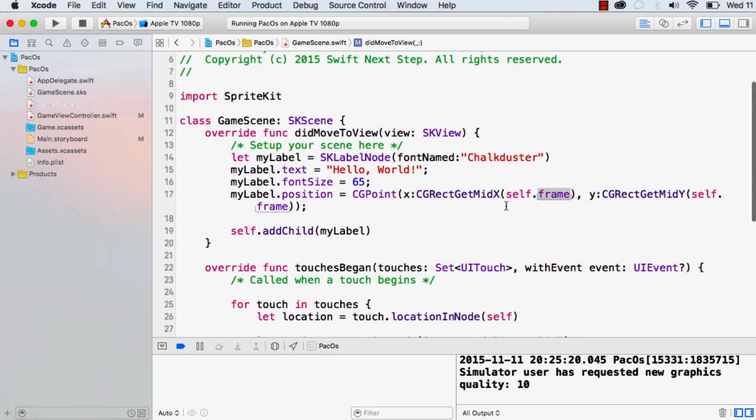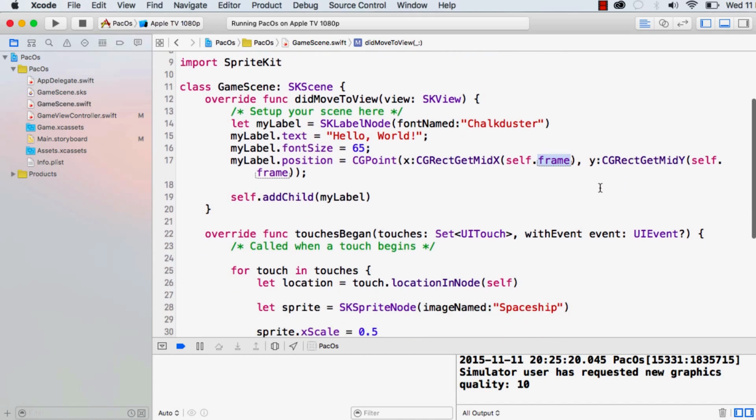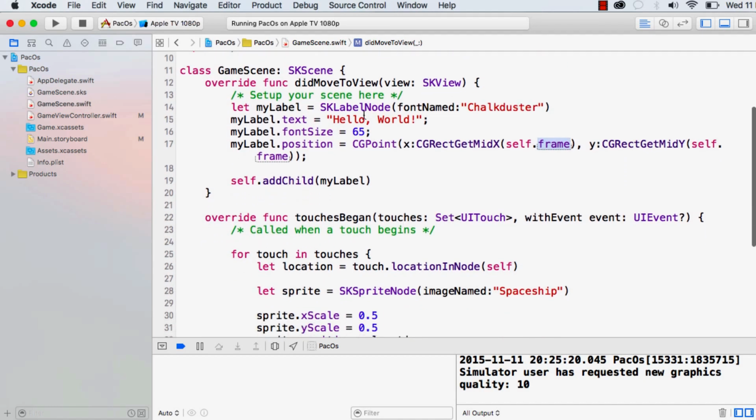So that gives us that point right here. After that, it says self.addChild(myLabel). So self again is the SKScene. So it's saying add this label that I created to that scene,